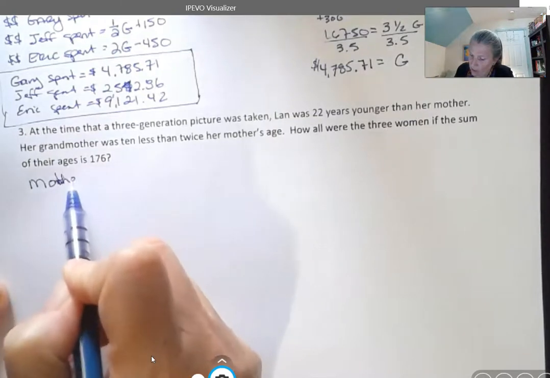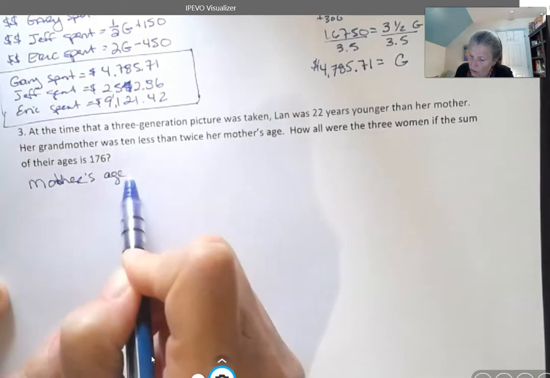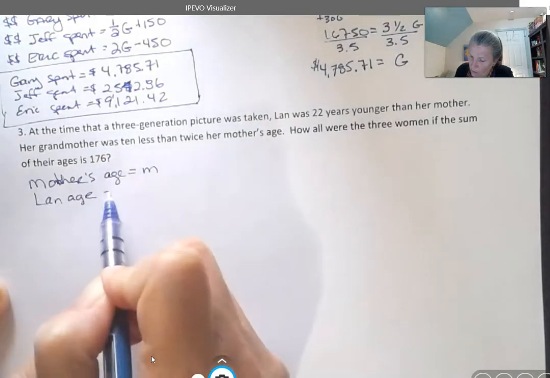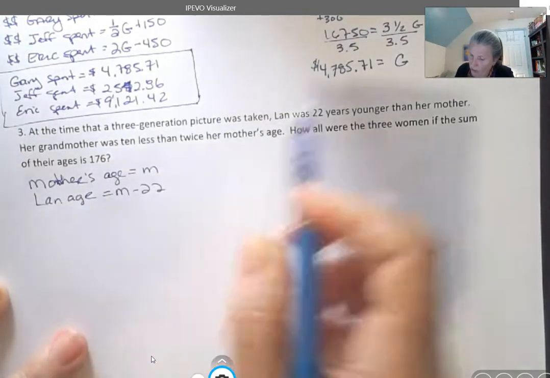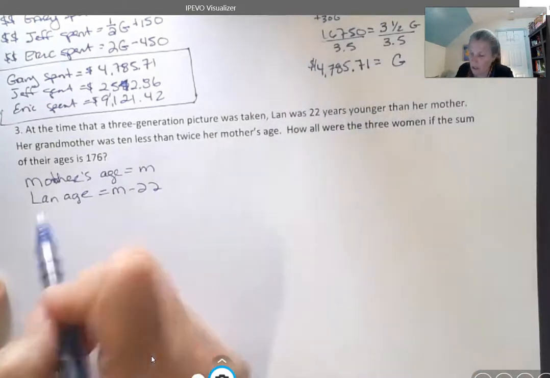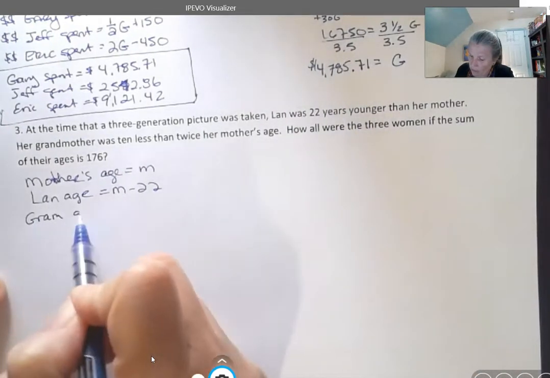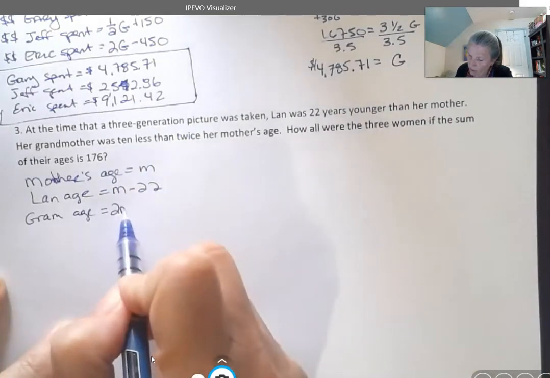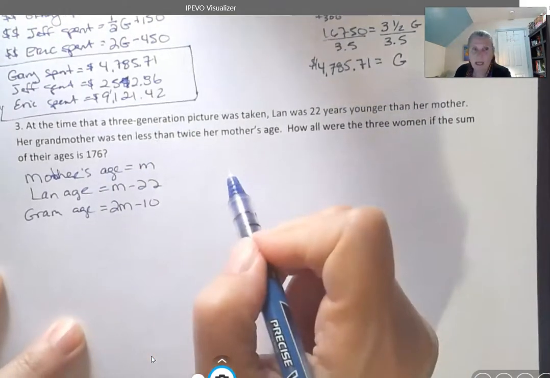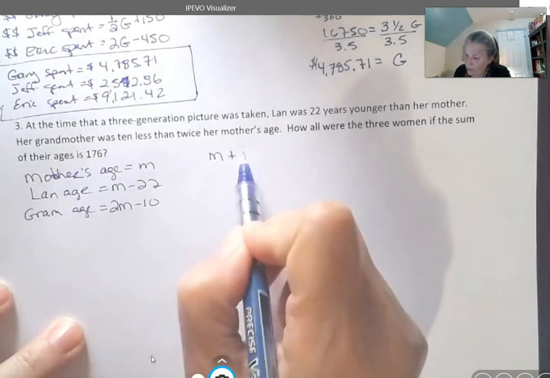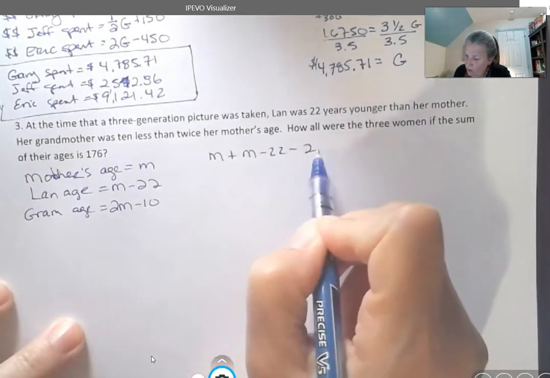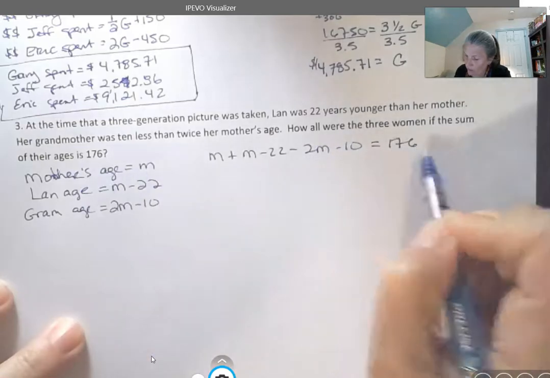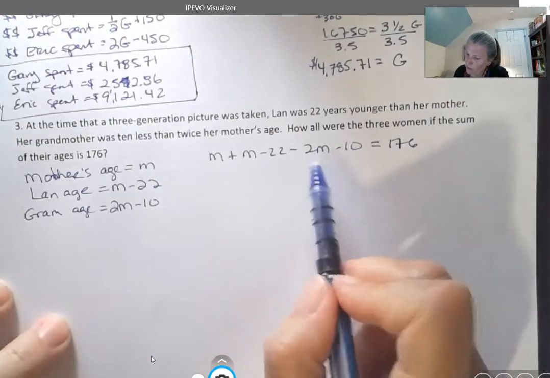So I'm going to say the mother's age was M. And Lon's age was M minus 22 because she was 22 years younger. And Grandma's age was 10 less than twice the mother's age, 2M minus 10. And then I'm going to add those together, M and M minus 22 and 2M minus 10, and they all add up to 176. So M plus M plus